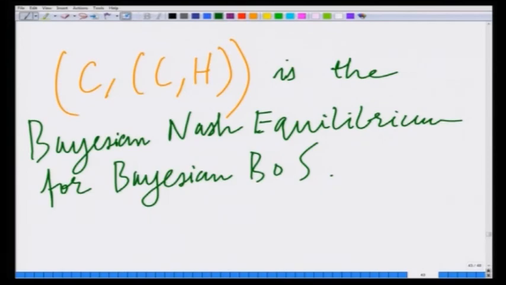In this Bayesian version of the game, there is uncertainty for the boy regarding the type, and hence the payoffs, of the other player, that is the girl, right. This game is Bayesian in nature, so we have to look at a Bayesian Nash equilibrium, and the Bayesian Nash equilibrium of this game is basically C comma C